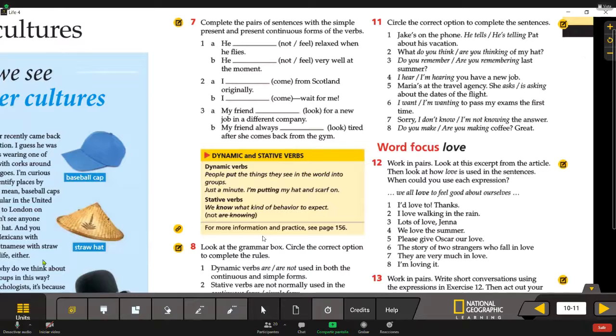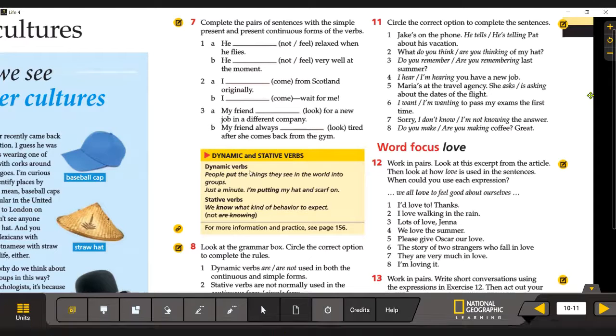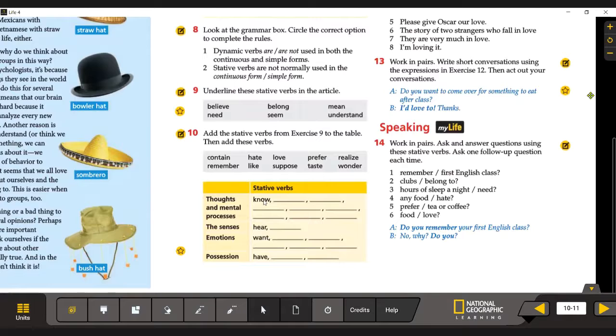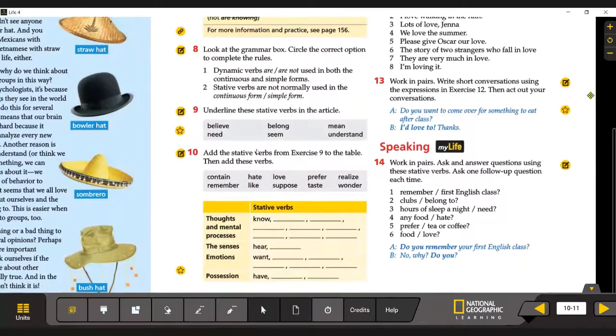Okay. Exactly the same way, we can divide the verbs into dynamic and stative verbs. Stative verbs are verbs which are not commonly used in a continuous form. Now, continuous doesn't mean progressive. Progressive is the present continuous: I am dancing, you are eating, that is the progressive. No, I'm talking about the gerund. The gerund form is when we use the verb ending in ing.